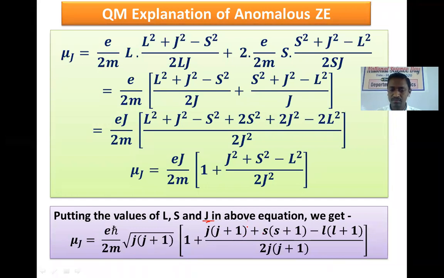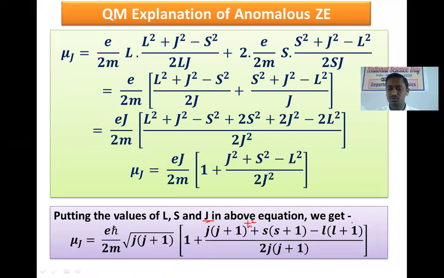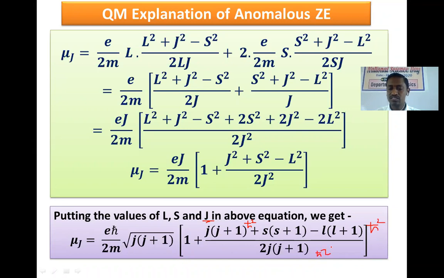Here ħ² is there in the first term. Again, in place of s² write s(s+1)ħ², minus in place of l² put here small l(l+1)ħ². So from all the three terms take ħ² common. Again, in the denominator there are 2j², meaning 2 into j(j+1)ħ². This ħ² from numerator and denominator cancel, therefore the equation which remains will be